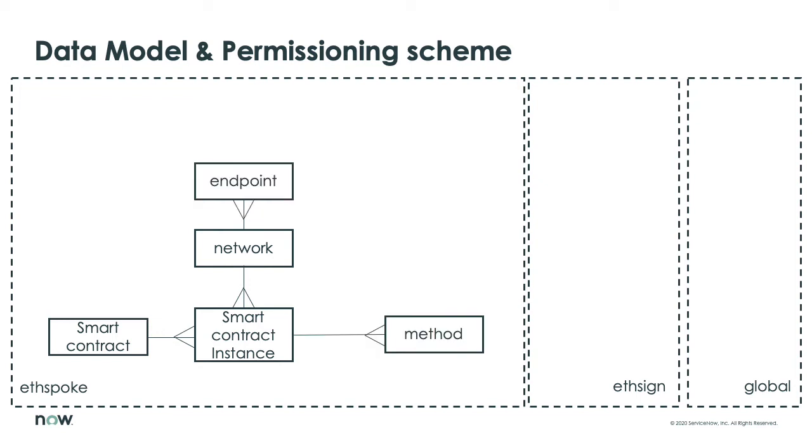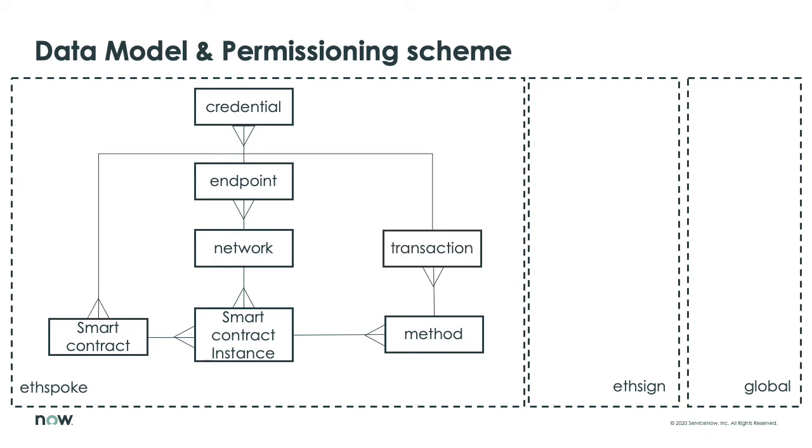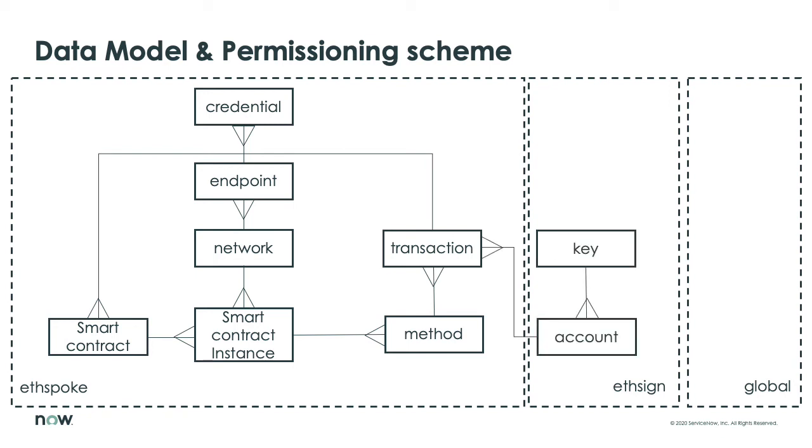Networks contain endpoints or blockchain nodes to which the instance can connect. In our demo, we will use endpoints provided by the blockchain infrastructure provider Infura that requires a secret modeled as an integration app credential. The write methods produce a transaction that is logged in the transaction table for audit purposes. The transaction is associated with a NIT Sign account that contains the key pair associated with a specific ServiceNow user in the global user table.